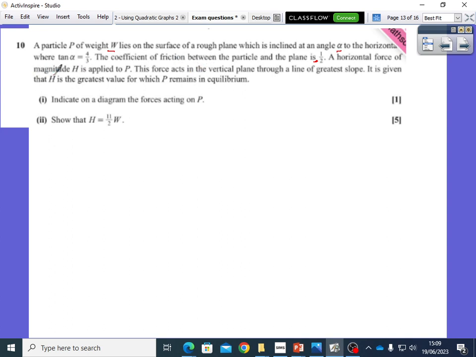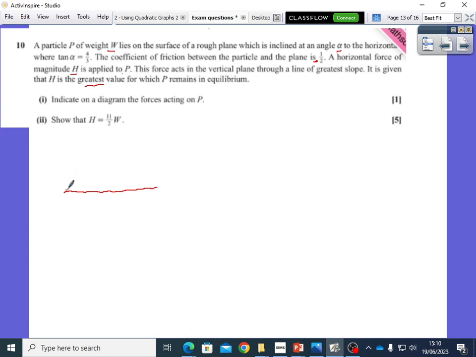A horizontal force of magnitude H is applied to P. This force acts in a vertical plane through a line of greatest slope. It is given that H is the greatest value for which P remains in equilibrium. Okay, so let's just quickly,